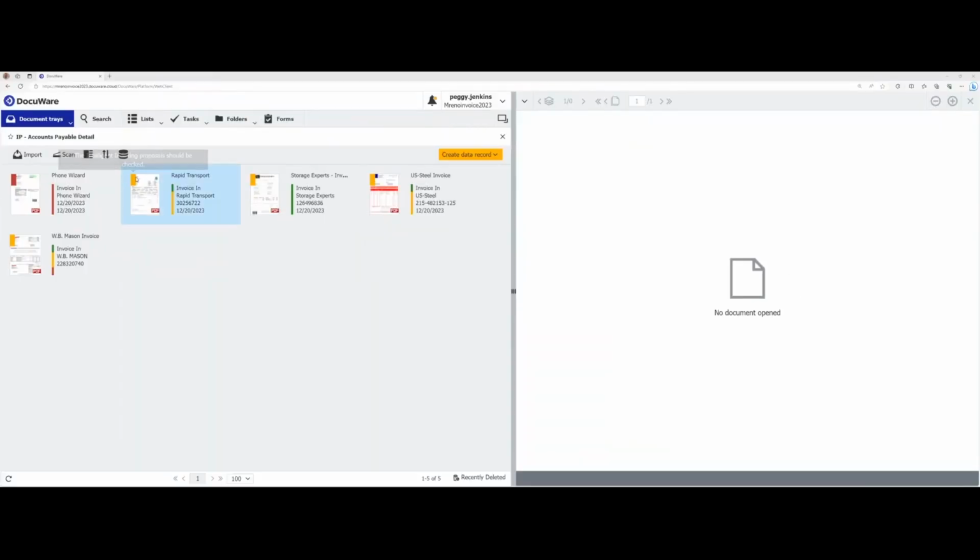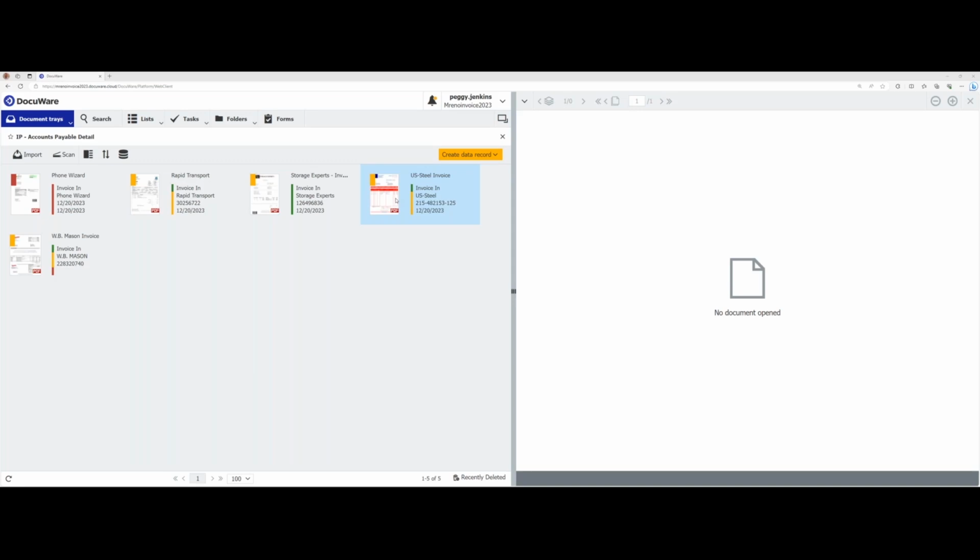So now on the screen, DocuWare has come up, and you can see I already have a couple documents sitting in what's called my document tray. My document tray is going to guide us on how we're going to capture this information off of these invoices and where they're going to go on our business rules that are placed behind them. You can also see a color code that's placed on here that's alerting us that we are reading these documents, we're pulling information off of them automatically so that way we can increase the speed of us storing a document